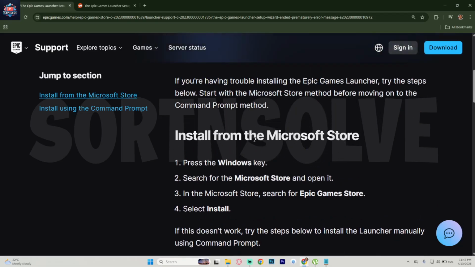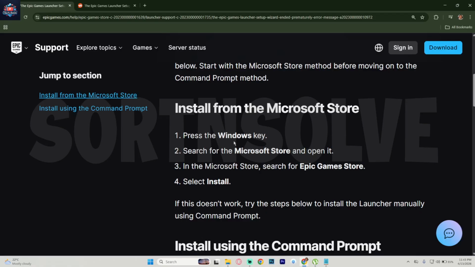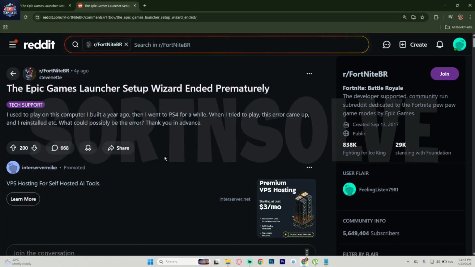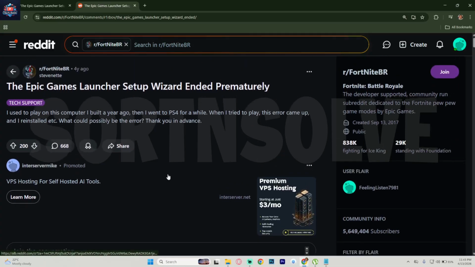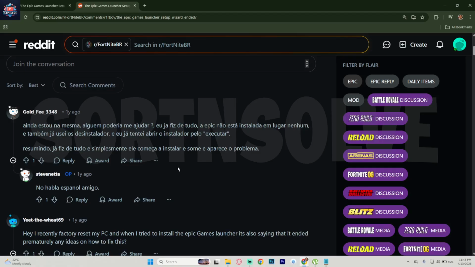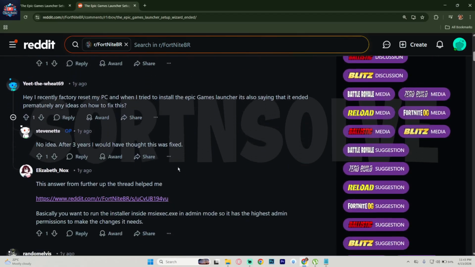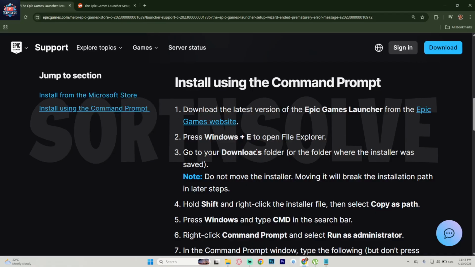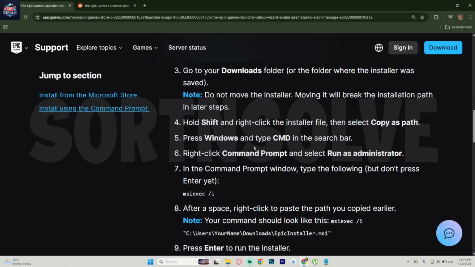Next, make sure you are running the setup file as an administrator to avoid permission problems during installation. After that, disable your antivirus or firewall temporarily because they can sometimes block the installer files. You should also download the latest version of the Epic Games Launcher from the official website to avoid corrupted or